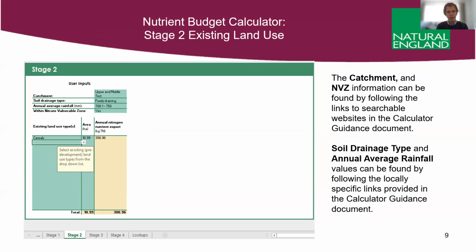So stage two is looking at the existing land use of the development site. So the land use prior to the proposal coming forward. This particular example is assuming this is a greenfield site, and this provides the value for effectively the amount of nutrients that are currently lost that would stop being lost due to the change in land use. So again, going from top down, the first step is to identify what catchment or subcatchment the proposed development site is within, and the information for that, as well as whether or not it's in an NVZ, can be found